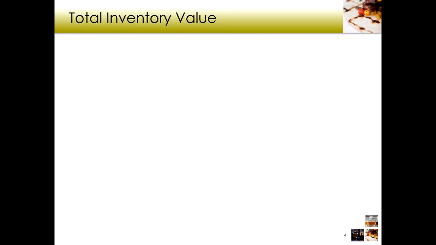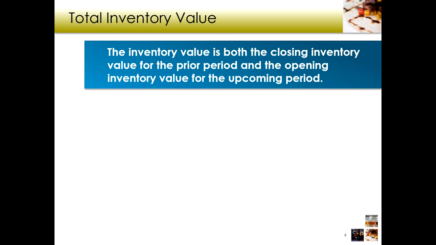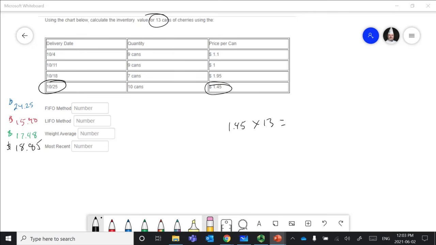So total inventory now. So now we know what our cans of cherries were worth, right? Using our method. We know what our flour was worth using our method chosen, right? Now we would add those totals together to get a total inventory for the closing of our month, right? The inventory value is both the closing inventory value for the prior period and the opening value for the upcoming period. So what that means is, for example, back to my October cherry can example, let's say